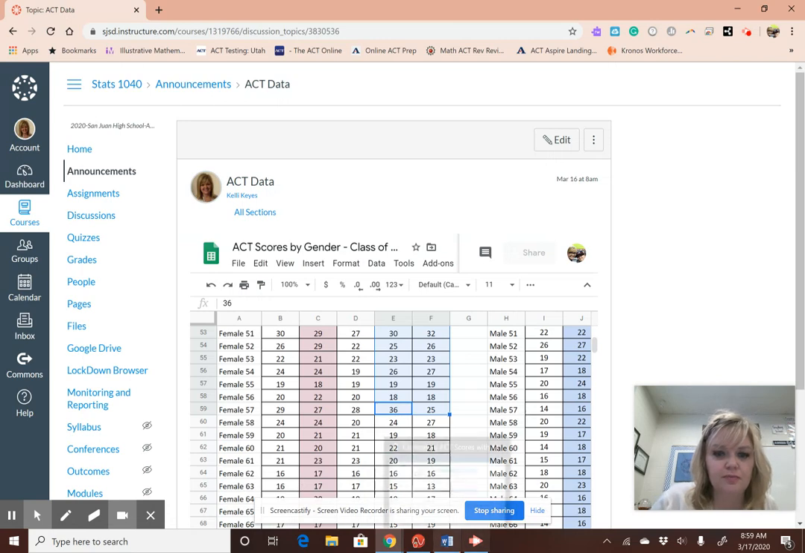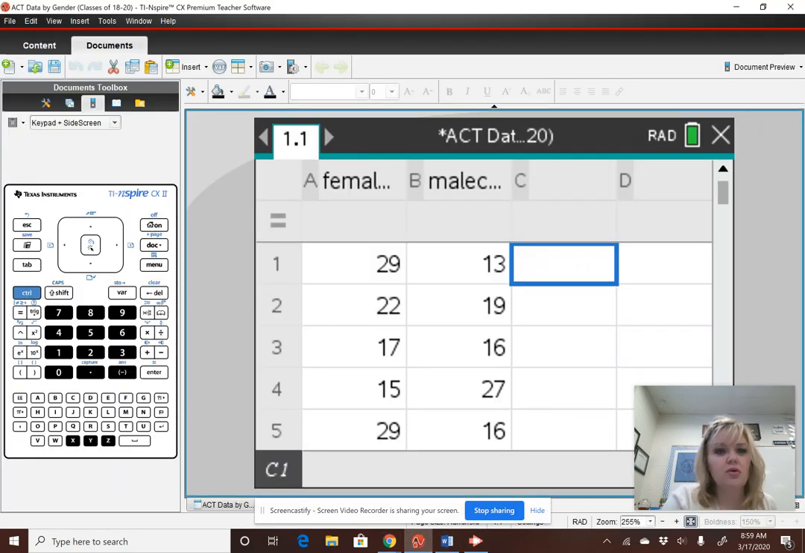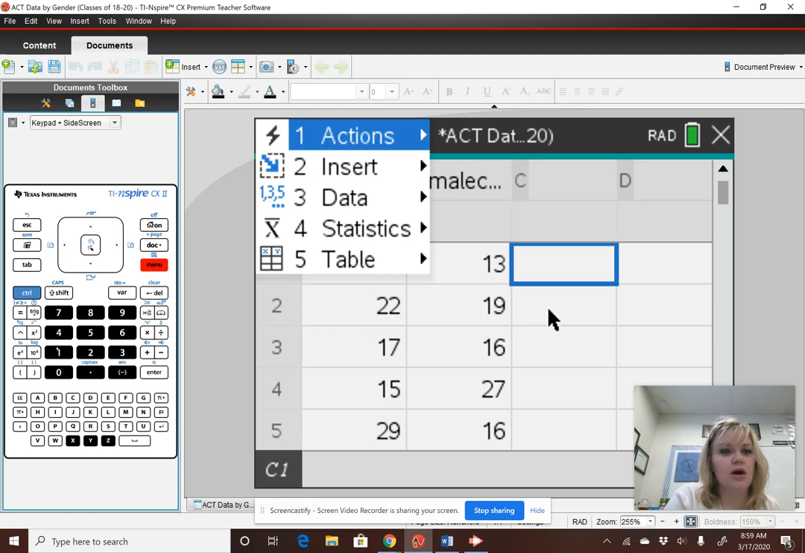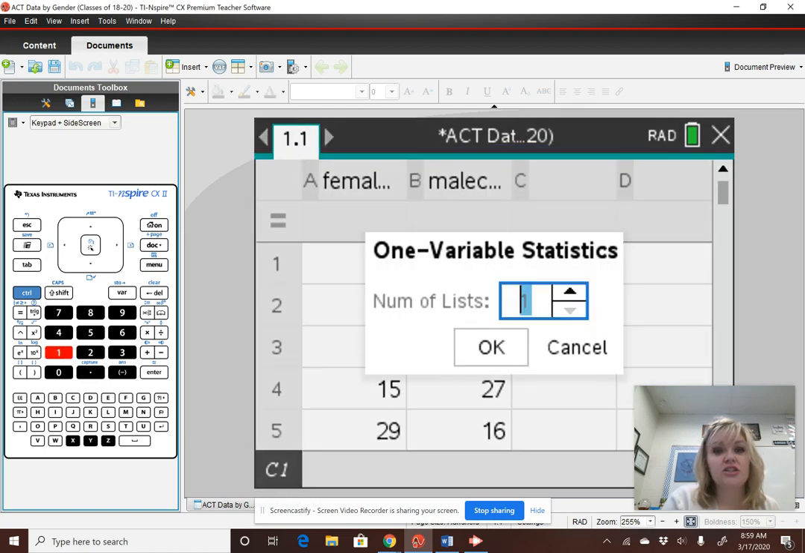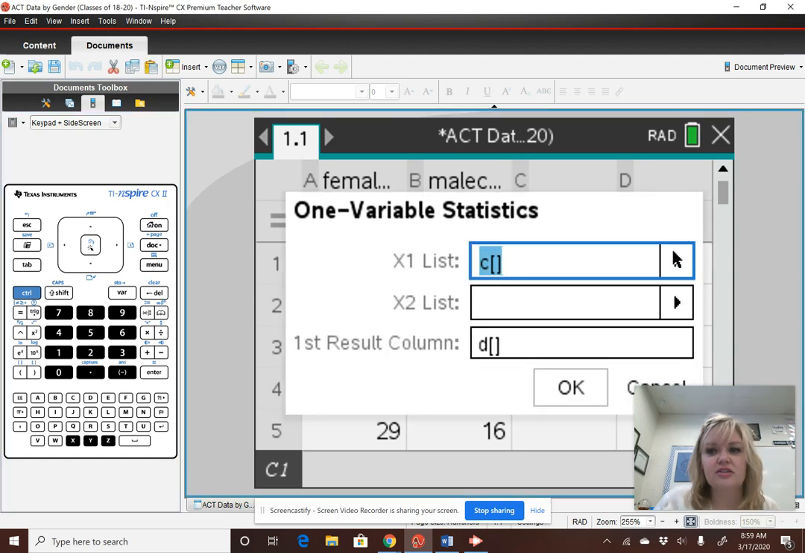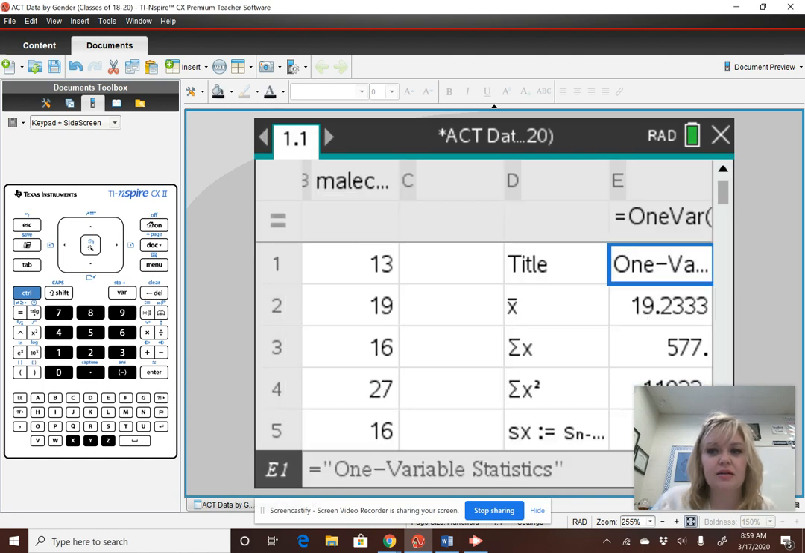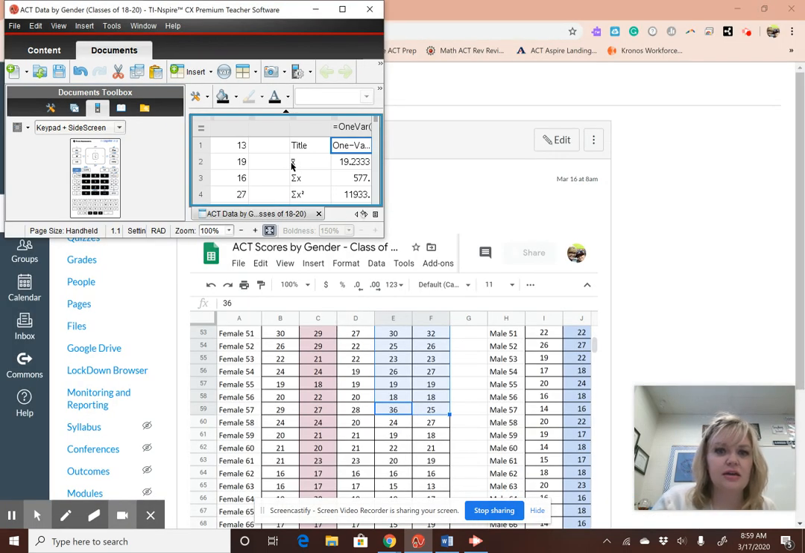So remember, let me go back to my calculator. I'm going to go menu 411. And I actually have two lists, so I'm going to change this to 2 and hit OK. And then I just select my 2 lists. I'm going to do females first, since they're listed first on the assignment. So females, then males. And then as you can see, my window's in the way. All right, so as you can see here,